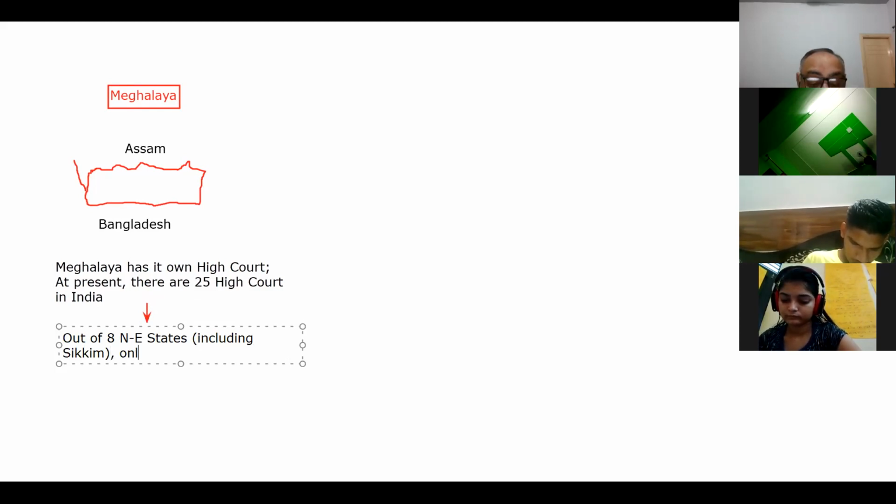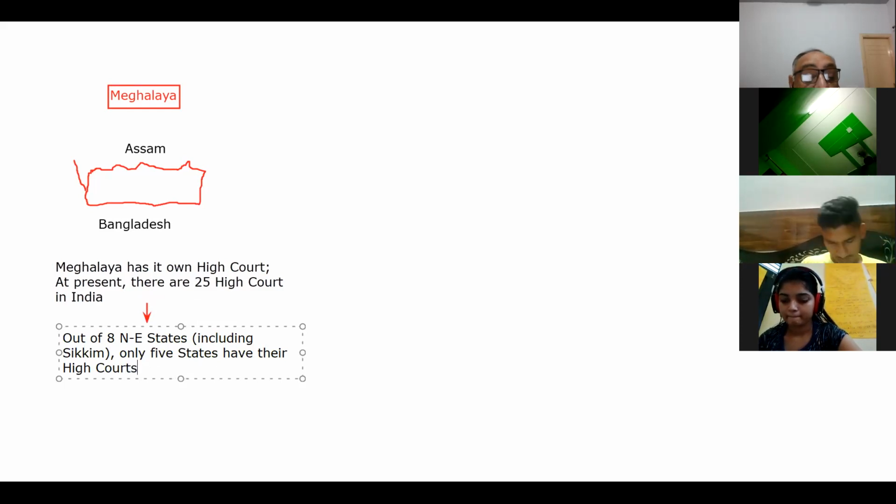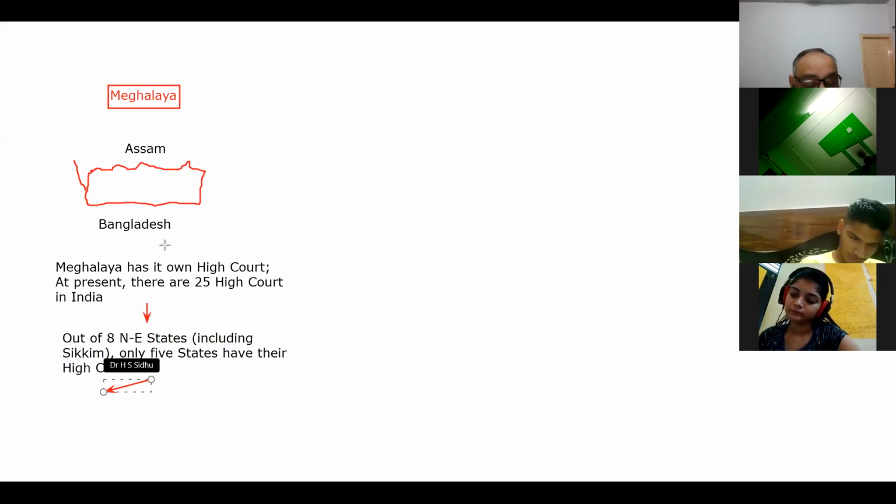Only 5 states have their high courts, right? Only 5 states have their high courts. The 5 states which are having their high courts are,